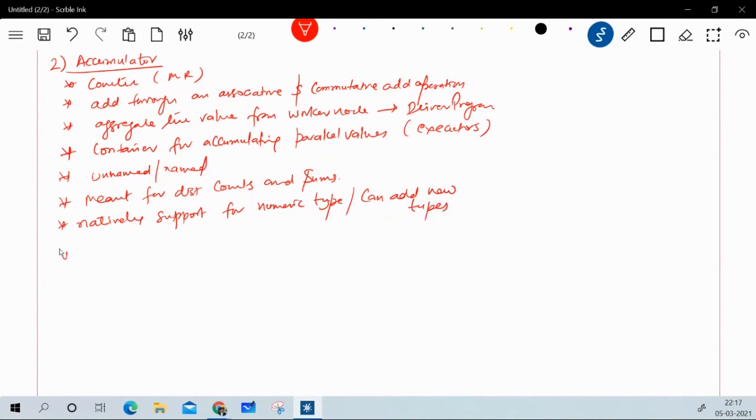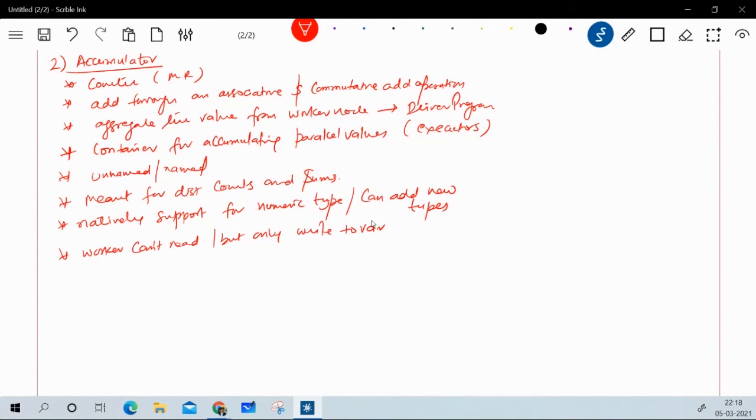Now, an interesting thing about the accumulator is that when it is accumulating, the variable is at the worker node, and the workers can't read the accumulator value, but they can only write to the variable.